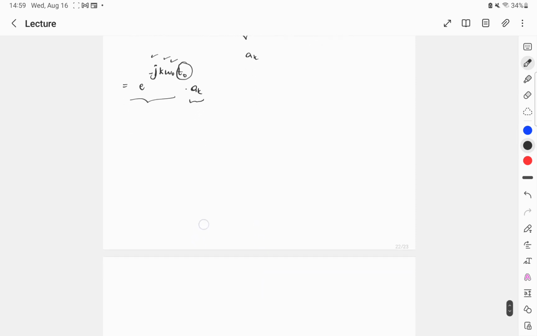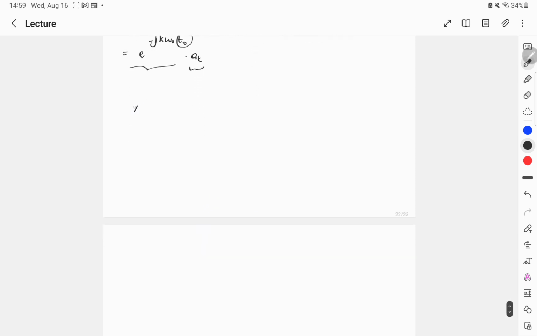So the takeaway from this example was, as we time shifted this signal, the Fourier series coefficient changes, and it is just multiplied by this value, and this coefficient remains the same. The only change was multiplying this with this value over here, not forgetting the time shifting value. Now let's move on to the